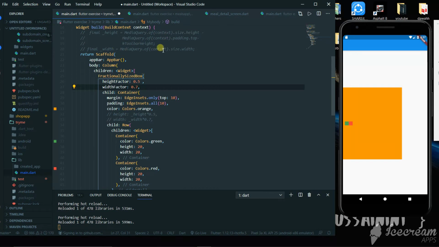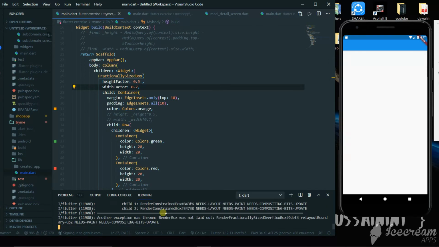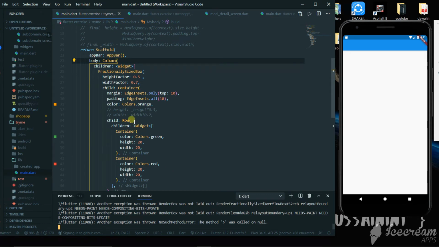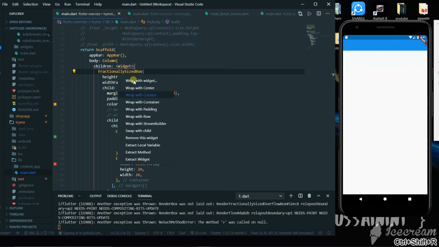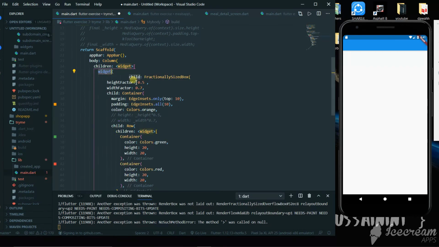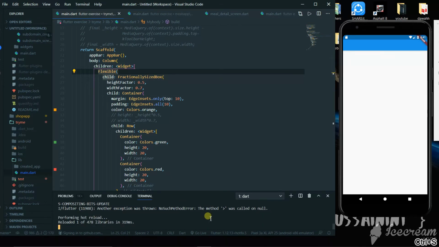So instead of doing all this work, we can just wrap this in a FractionallySizedBox and we could give this height and width factor. So now we'll run this and see. So that didn't give us output because you'll have to wrap this inside a Flexible. So if you are using this FractionallySizedBox inside a row or a column, we'll just wrap this inside a widget which is called Flexible, and we'll run this now.